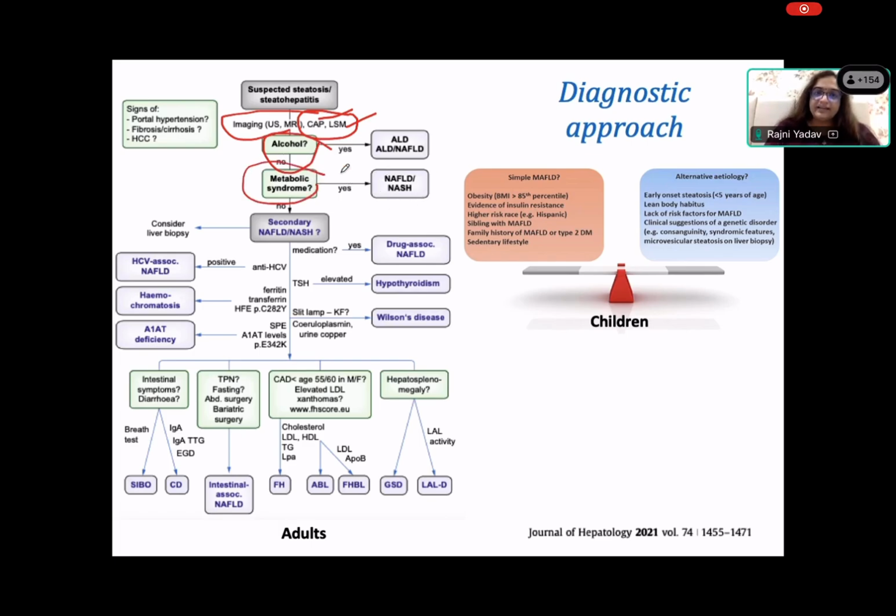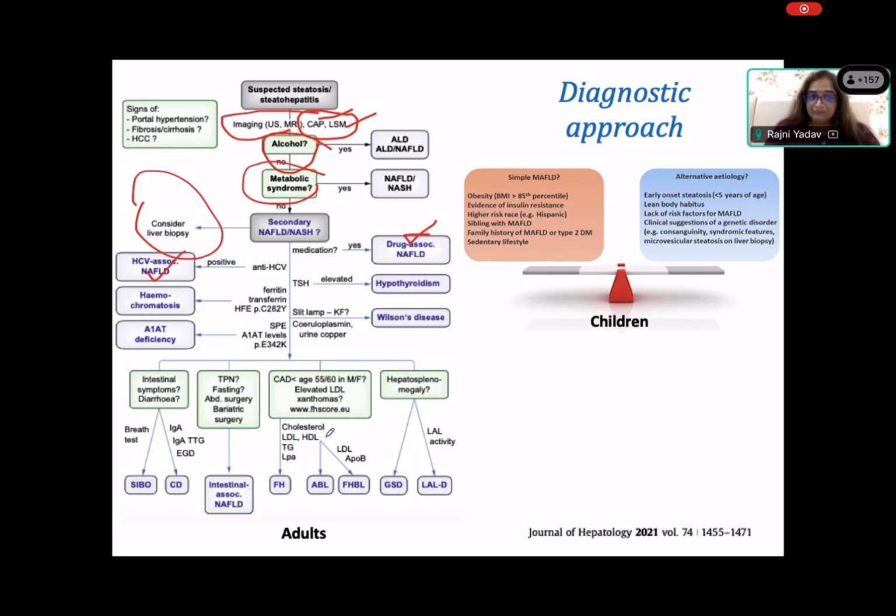So you can do a lipid profile and then glycosylated hemoglobin, thyroid function test, and then again the fibroscan for the metabolic syndrome. Then if you don't have this also, then yes, liver biopsy becomes more important if you don't have the classical ALD or the non-alcoholic. Then drug is nowadays a common factor which has to be taken with the history. Then the viral induced, and then these inherited like Wilson's, alpha-1 antitrypsin, and then these are the different disorders which